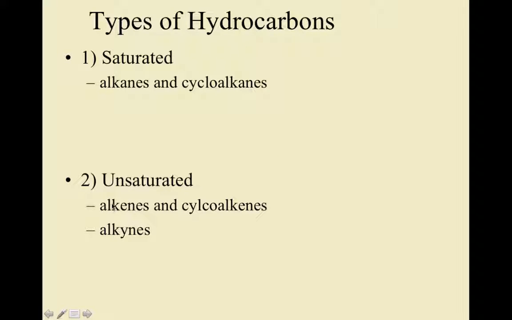So, just to review, we can have two types of hydrocarbons. One type is called saturated, which includes alkanes and cycloalkanes. Alkanes are hydrocarbon chains that contain all single covalent bonds. Each of these carbon atoms would be surrounded by hydrogens, and a cycloalkane is a cyclical structure in which the carbons are enclosed